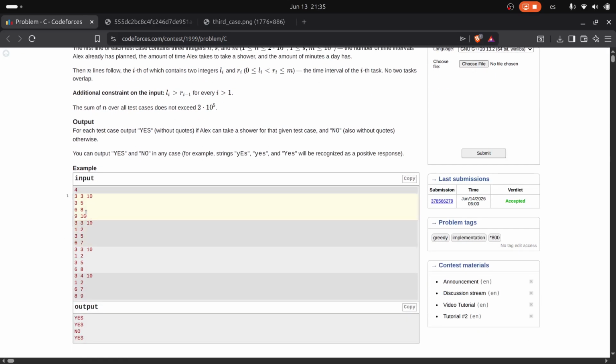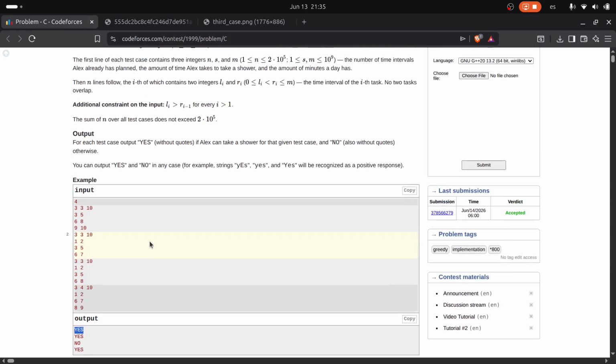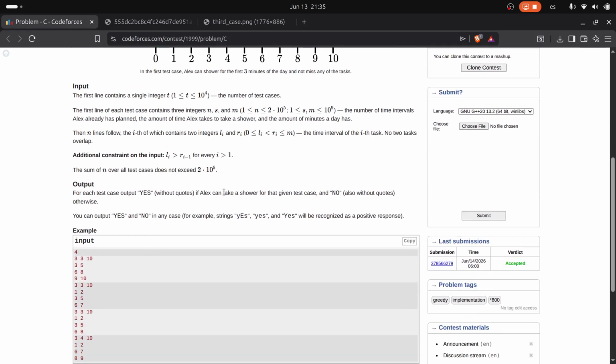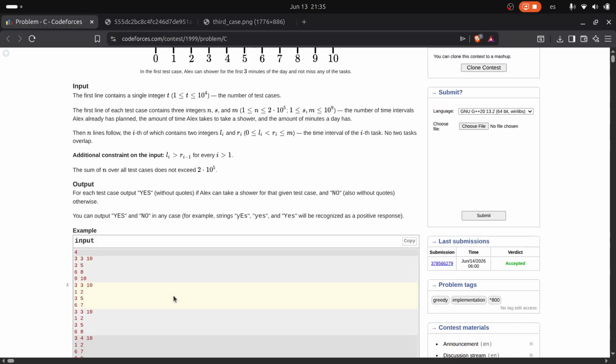So that's why for the first input we all put yes. Okay, so hope that makes sense. Now I also want to go over this other input real quick because it exposes not, and I won't say edge case, but a different angle of this problem, and that is what happens is,